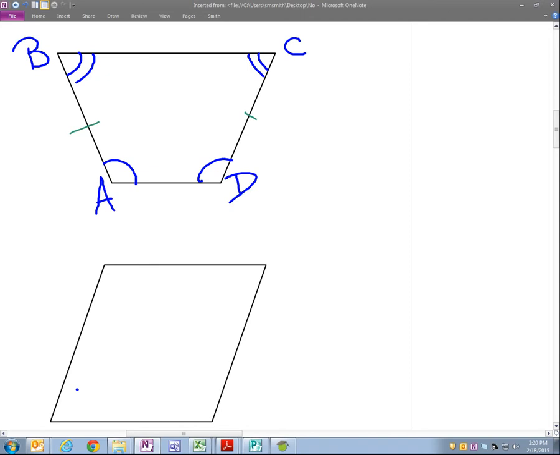So I'm going to tell you that angle B is congruent to angle C. Angle A is congruent to angle D. And as far as sides, we have side AB is congruent to side